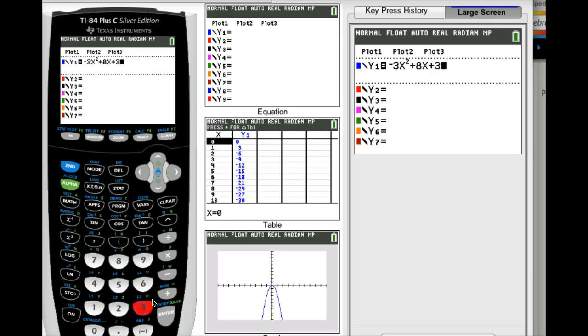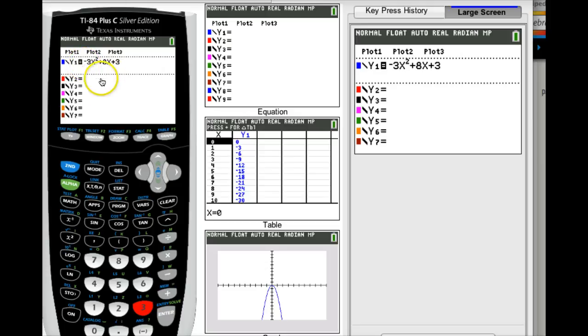plus 3. Now, if for some reason you forget the inequality stuff, you could always graph it just like this and just do the shading by hand, meaning pick a point and plug it in. You're more than welcome to do that. Please make sure that you use the negative sign here and not the subtraction key,